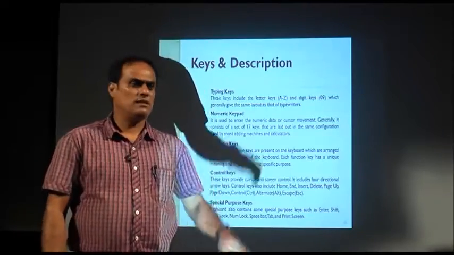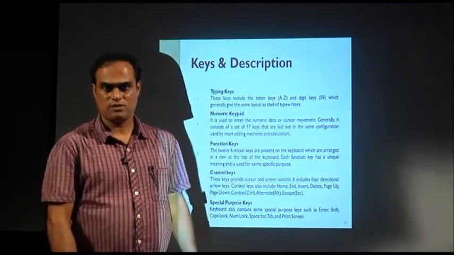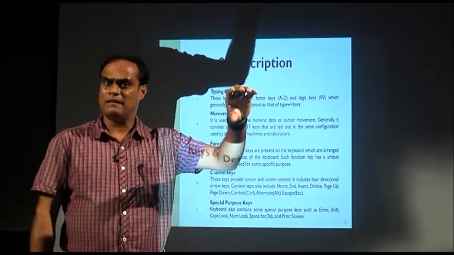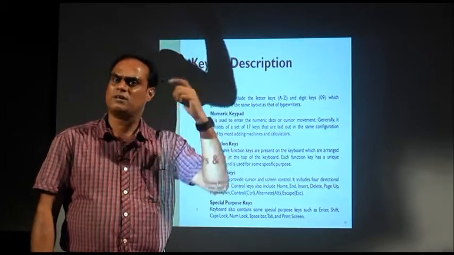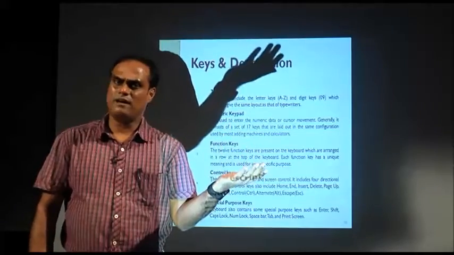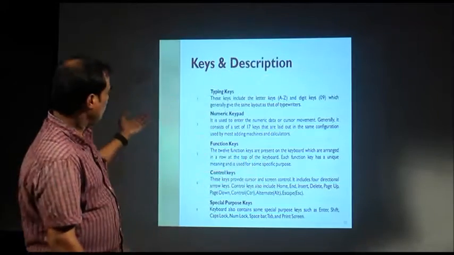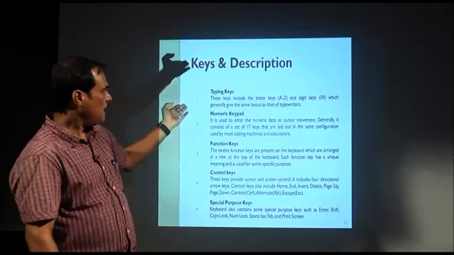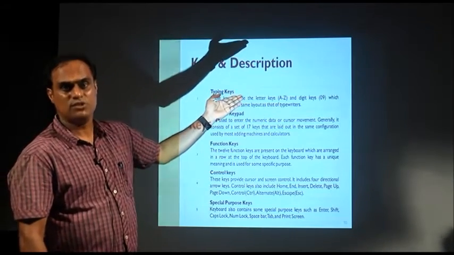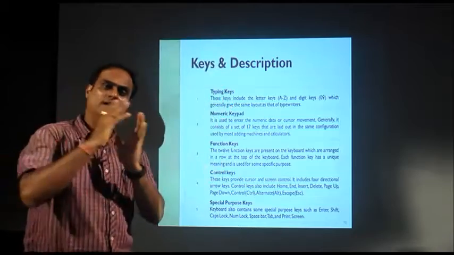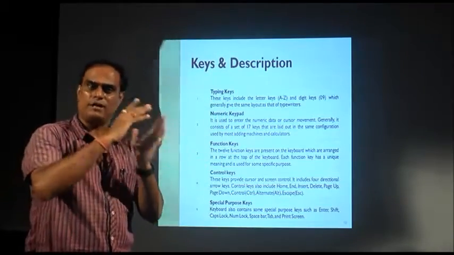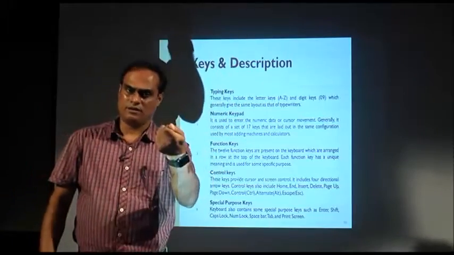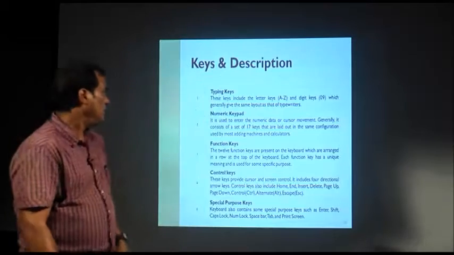Basically, when we are typing, suppose you are given a draft and somebody tells you to write something. The draft may be a combination of alphabets or numbers. So for this we have the alphabets A to Z and the numeric characters 0 to 9. From these you can make a draft, you can type. So these are the typing keys, the combination of numbers and alphabets.